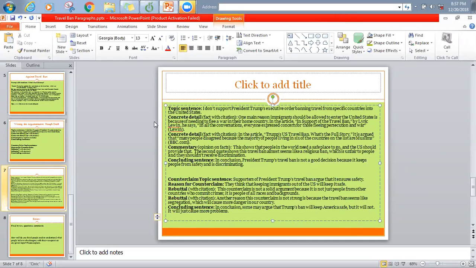Okay, so what we didn't hear, of course, is we just went over the key parts of the paragraph: the topic sentence, concrete details, commentary, and concluding sentence. Remembering with the citation to make sure that, before we share the title, we can mention the author in it, or we can cite the author after in parentheses with a period.